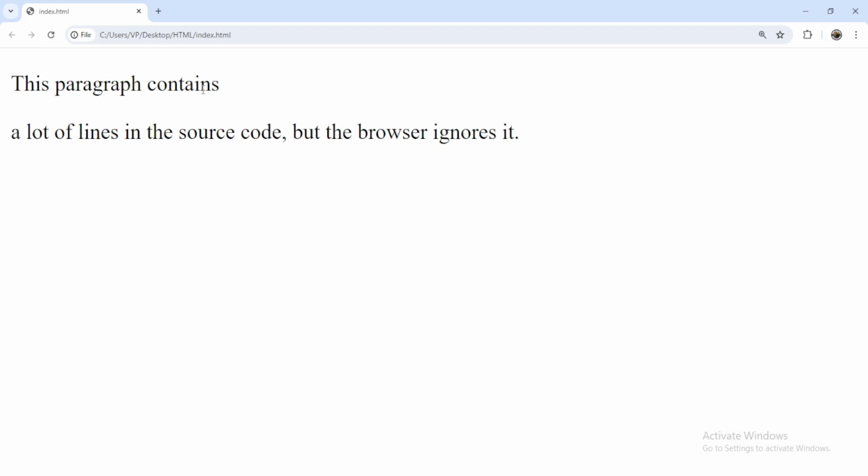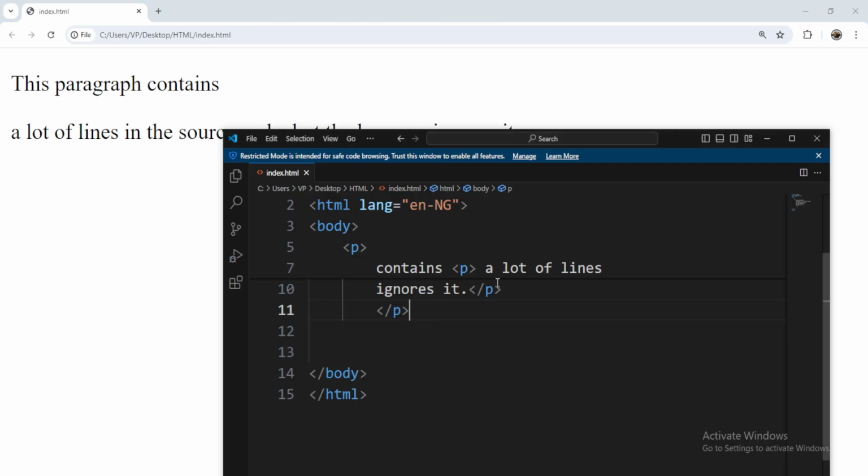Can you see? This jumps with more paragraphs, more margins here. But when we use the line breaks,